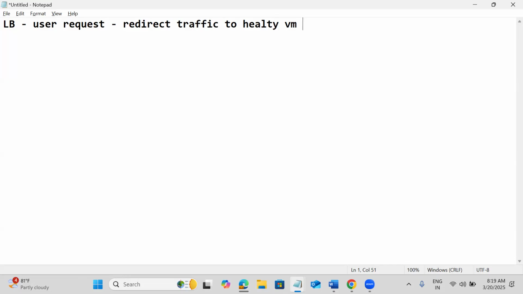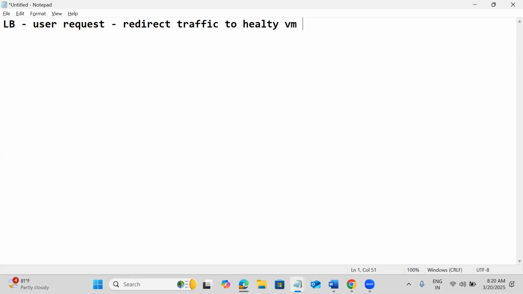Now assume a use case: maybe you are using any website, like a bank portal. You directly don't hit the web server. In the middle, the load balancer will take the request, and it will always redirect the user request to the healthy VM. That is the responsibility of the load balancer.